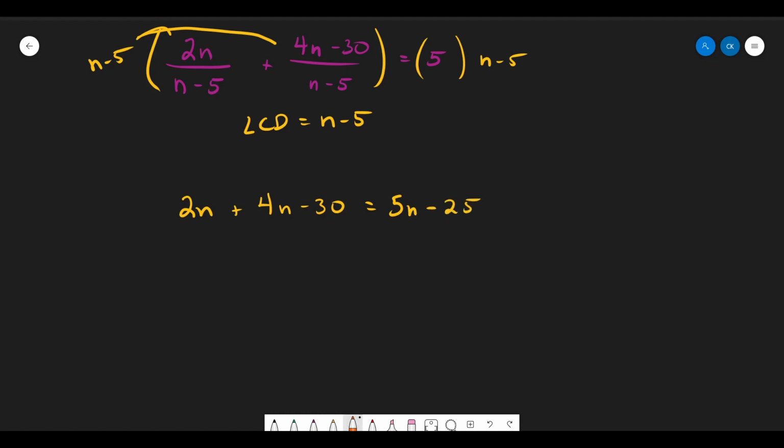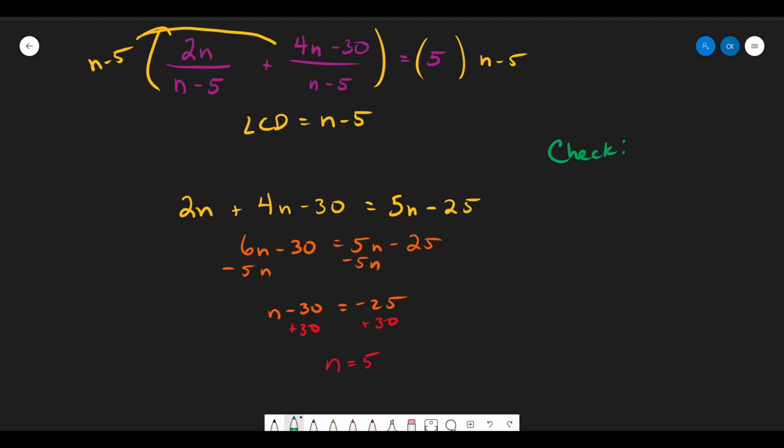Okay. Now I just go about solving it. 2n plus 4n, that's 6n. So I have 6n minus 30 equals 5n minus 25. Subtract the 5n from both sides. I'm left with n minus 30 equals negative 25. I'm going to add the 30 to both sides, and I get n is equal to 5. But now the problem here is if you stopped right here and said that your answer is n equals 5, you would be wrong. Because if I go back and I do my check